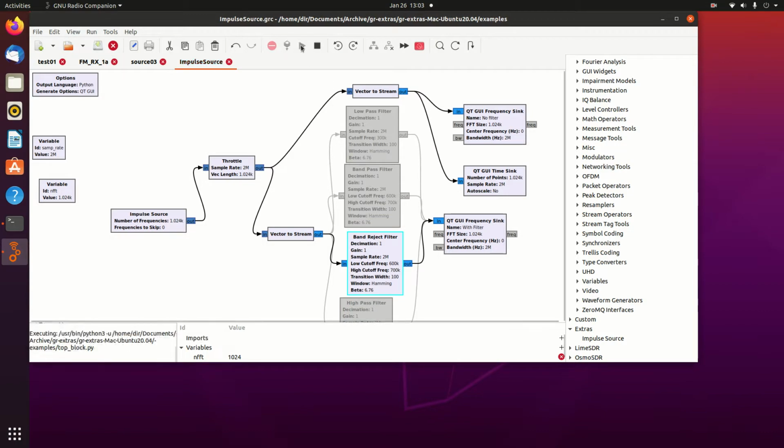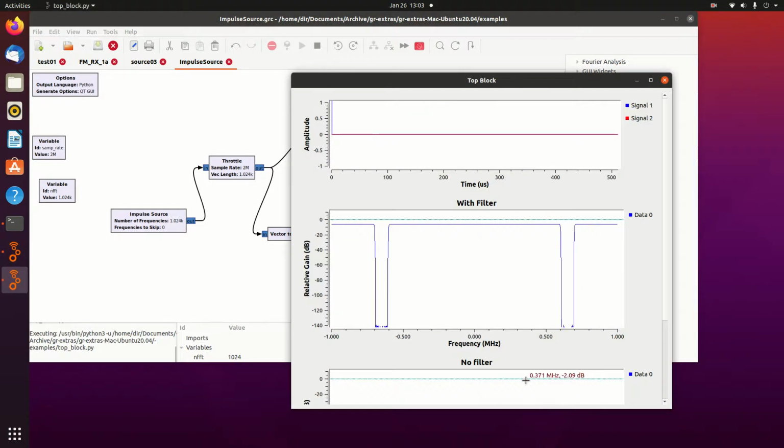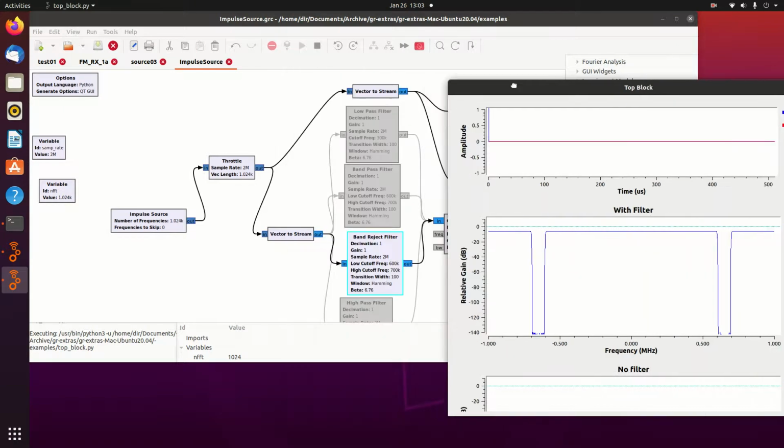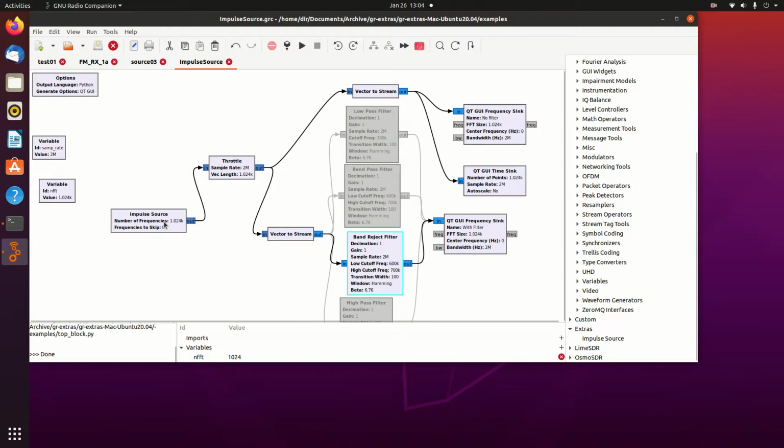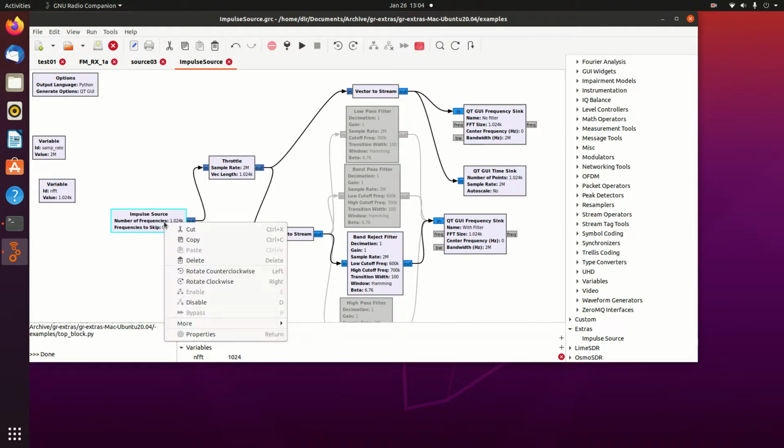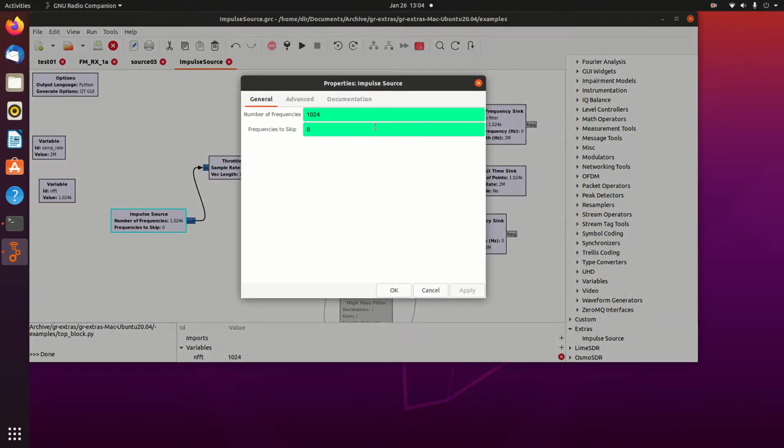And there you can see the band reject filter has the cutoffs between 600 and 700 and 600 and 700, and it passes everything else. So that's working quite nicely. And now we can set the frequency skip number. If we set the frequency skips to 1, then it'll skip every other frequency, and that sets the